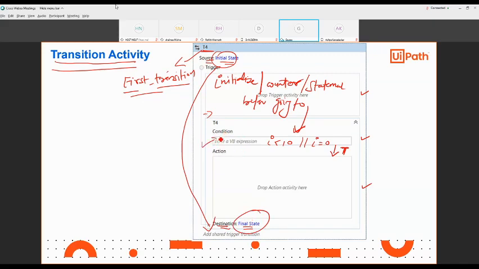If this condition is true, it will allow going from the initial state to the destination state. Here you can do any task, whatever is required, maybe a message box or anything. Clear?